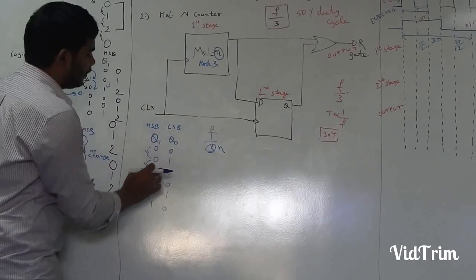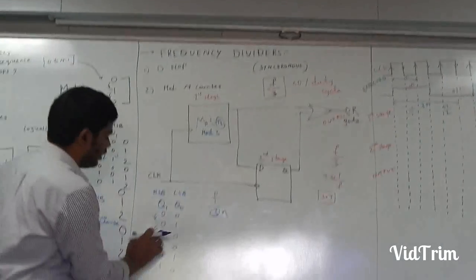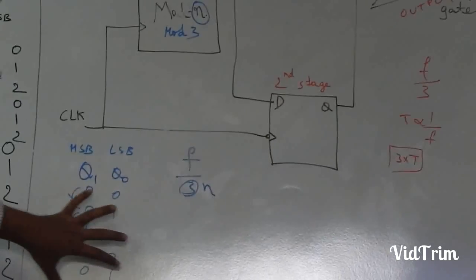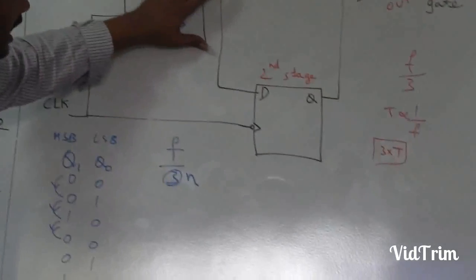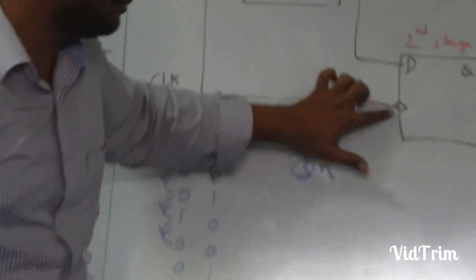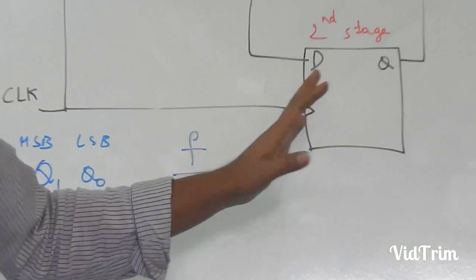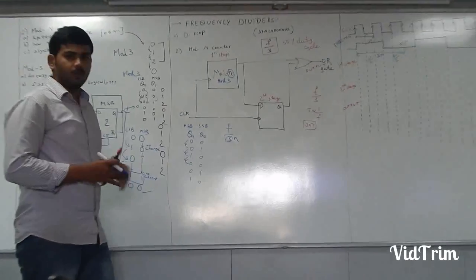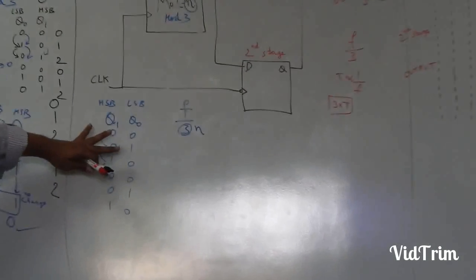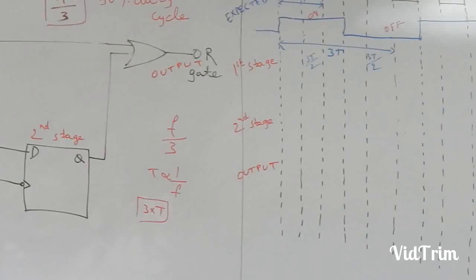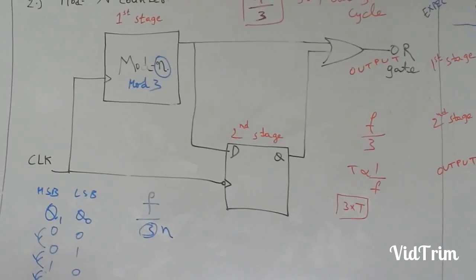I mean to say like this one. So now I should make use of this particular output, and if I capture the same output at the negative edge by doing something, I should get this expected waveform. Now clearly observe, I am going to take this Q1 and represent it there. This is my first stage output. I can take anything, but for my convenience I am taking only Q1.